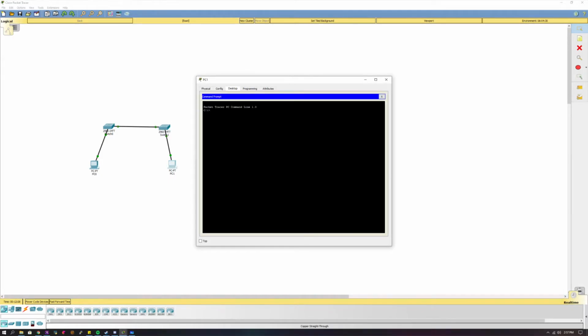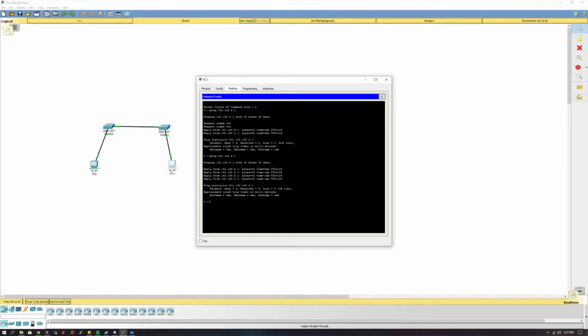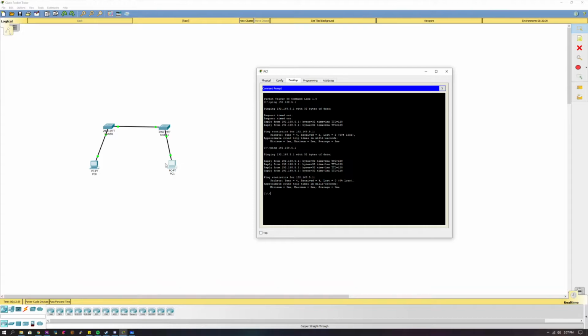So we'll go back to the desktop, ping 192.168.5.1. And it's still not working. Oh, there we go. Just took a little bit. So there's probably a spanning tree going on. Spanning tree is another topic we'll discuss later. Basically, it takes about 15 seconds before a port will come up just using the standard spanning tree. So we're looking at PC1, which is on the right, and PC0 is on the left. So we're trying to ping PC1